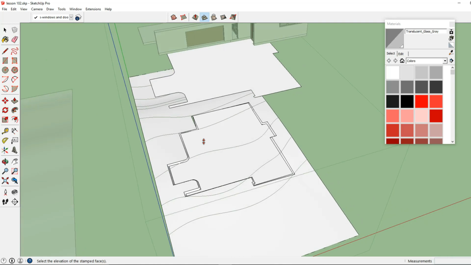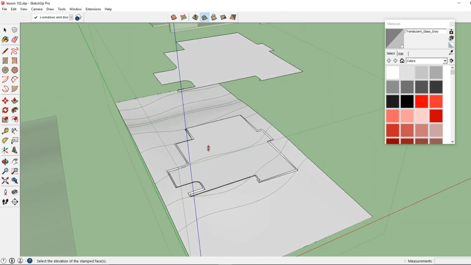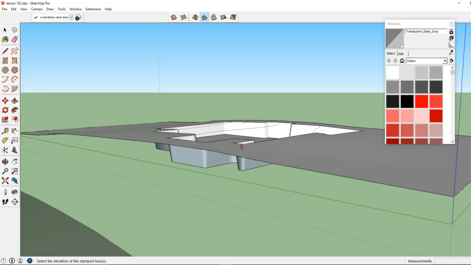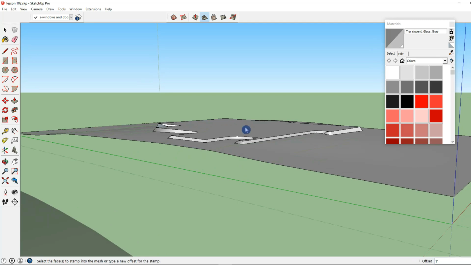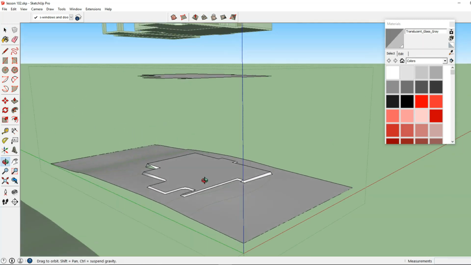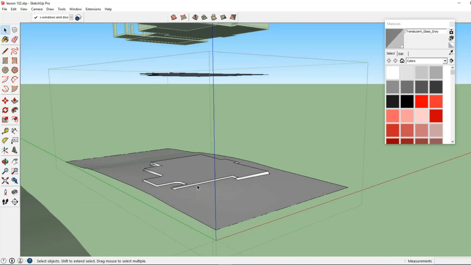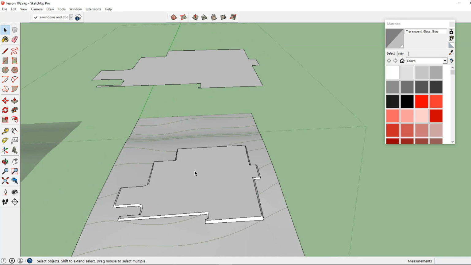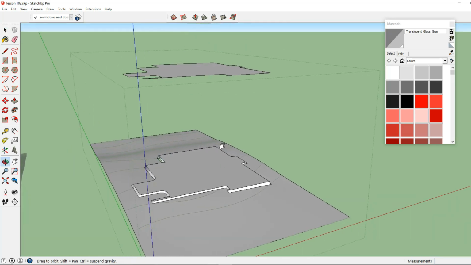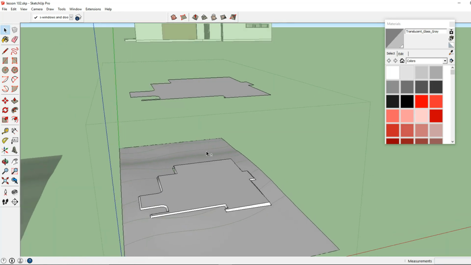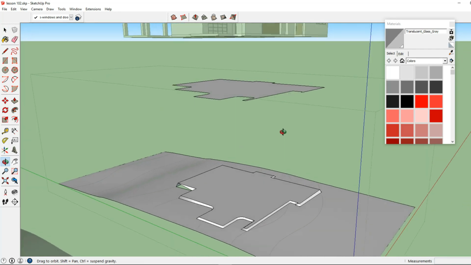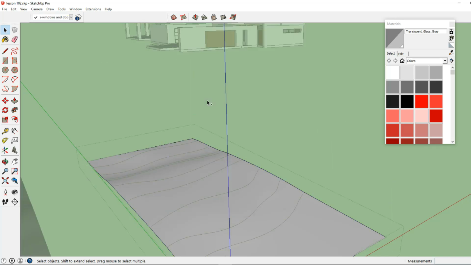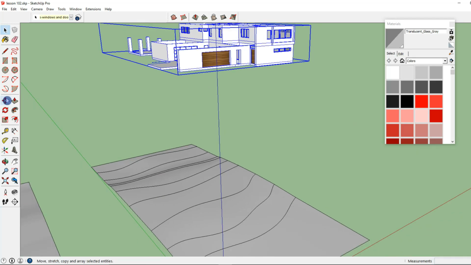It spreads out the surface where it's connecting to the site, and we can push and pull that up or down. I'm going to move this slightly up, and there we have a little bit of transition between our slab and our terrain. We can change that offset to spread it out more, and it will smoothen it out depending on what you're trying to do with your site and your model. So I'm going to undo this for now,